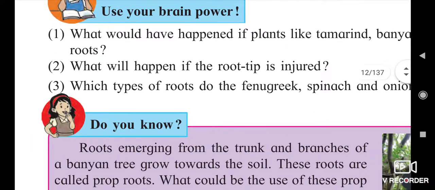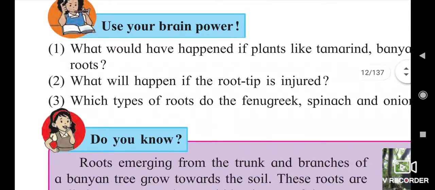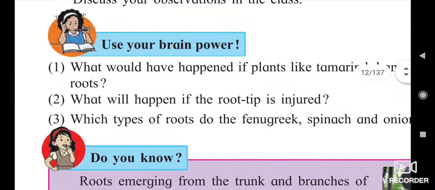So we will see that the water level reduces, and some roots are shown above the water and some are shown in the water.